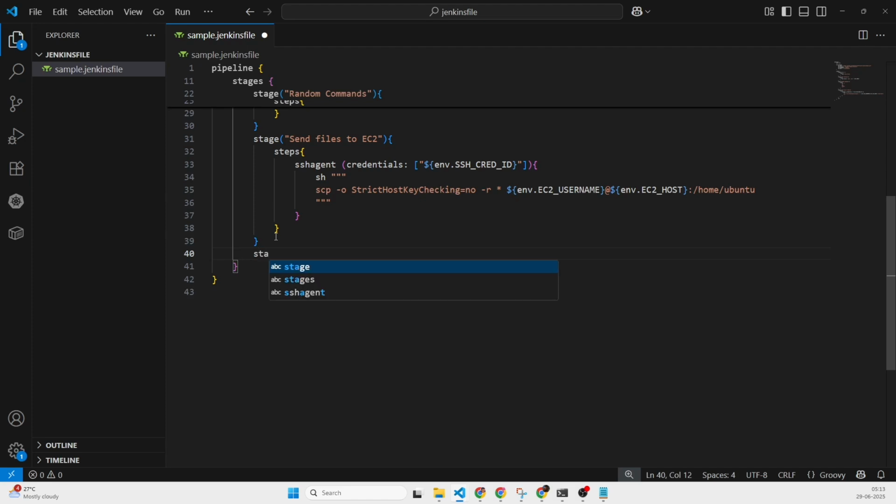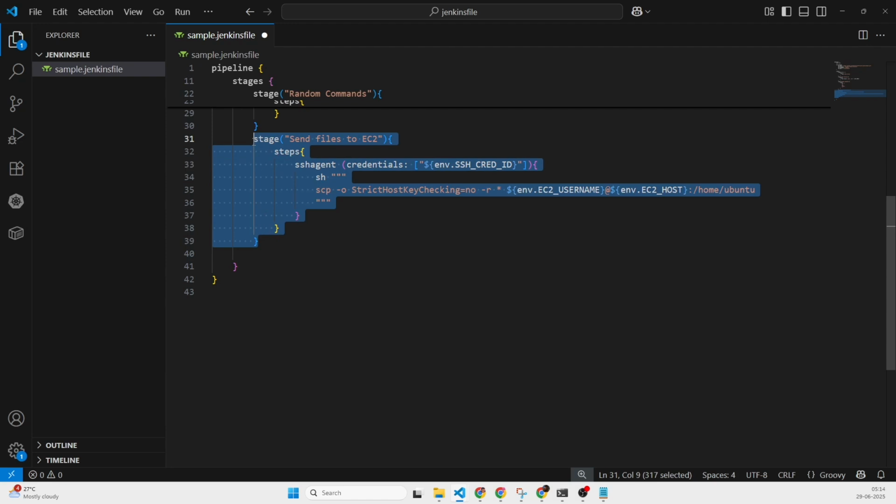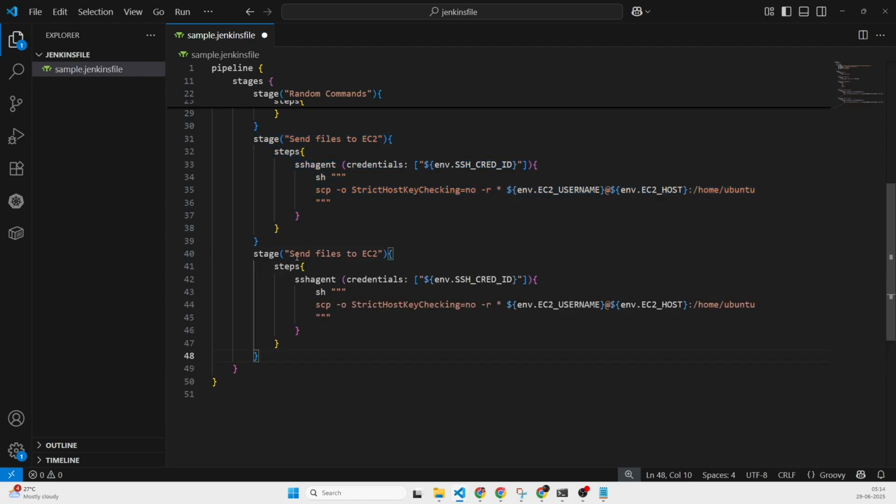Next, I will do the same stage. I'll just copy this first, but instead of SCP, my whole objective is to do an SSH and copy files to the nginx directory. So instead of SCP, I am going to do an SSH. Okay, my strict host key checking is fine. We don't need this, we don't need this, and after doing an SSH, I have to run some